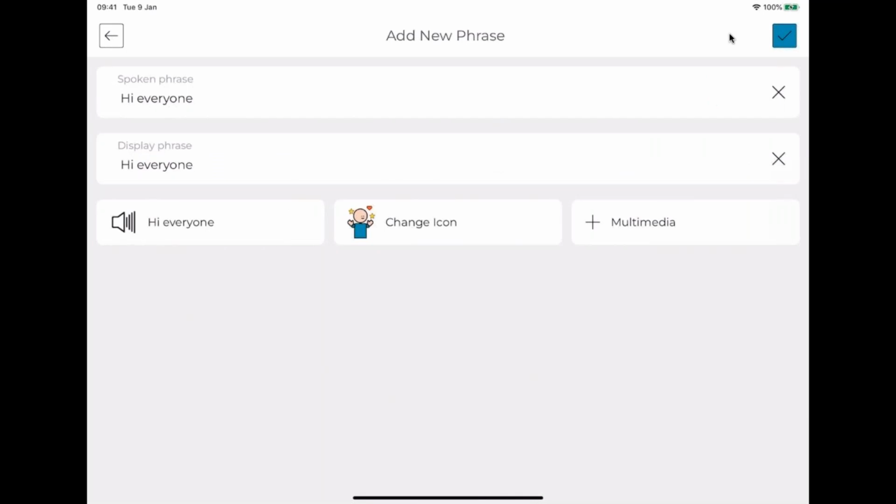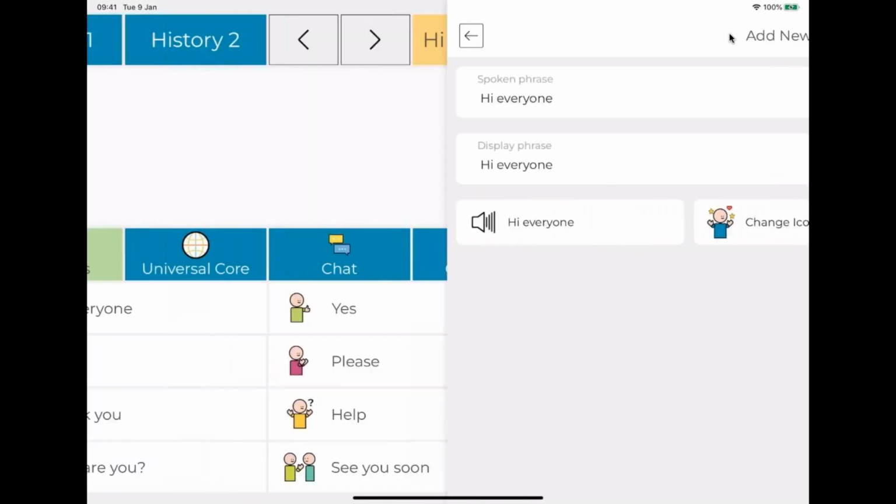And so I now have my new phrase with the spoken phrase, hi everyone, my display phrase, hi everyone, a sound attached to it of my own voice, so a banked message, and an icon. Then I can select the Save button in the top right corner of the screen.